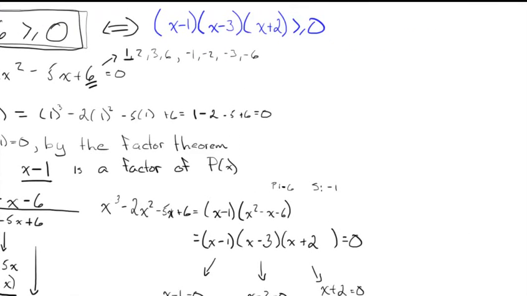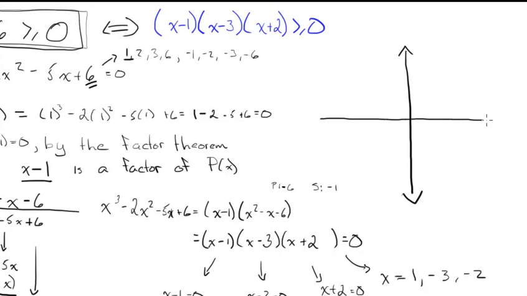Can I fit it all in? I just figured it out down here. Remember, x was equal to 1, negative 3, and negative 2. So that was the x-intercepts from here. Okay. So now if we want to do this by graphing, we're just sketching a cubic with a leading coefficient,